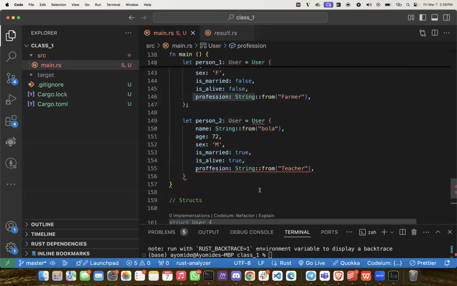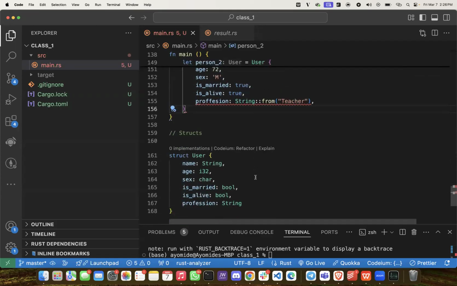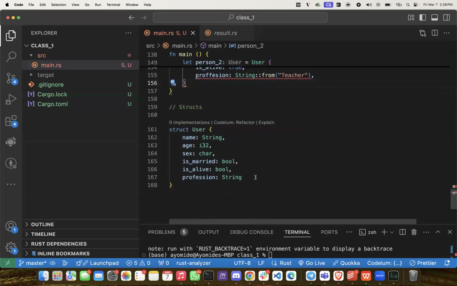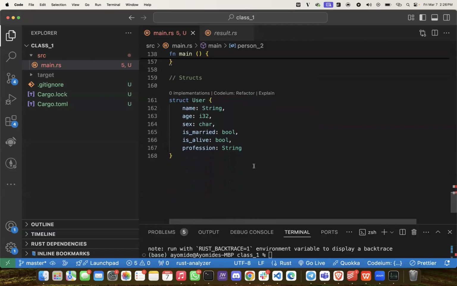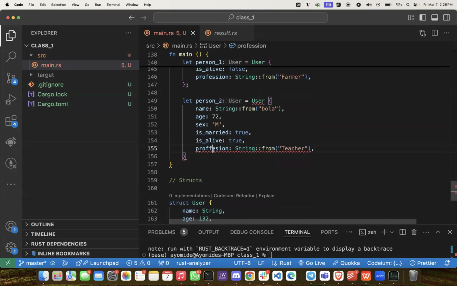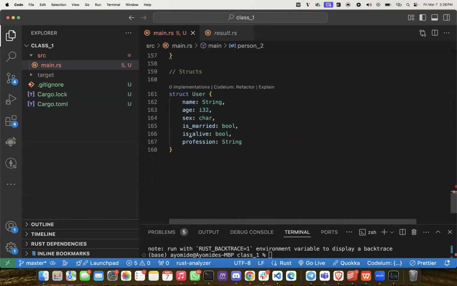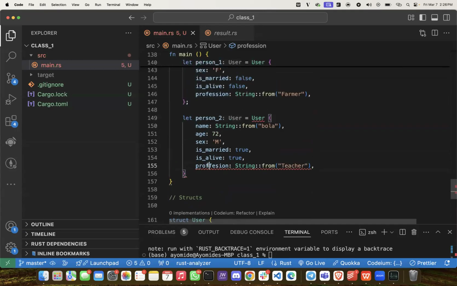So that means when you are defining everything you are defining here, it's always important that you ensure it is the same spelling or it is the same user field. So if we bring this one and we change this to what we spelled there as profession, then the compiler